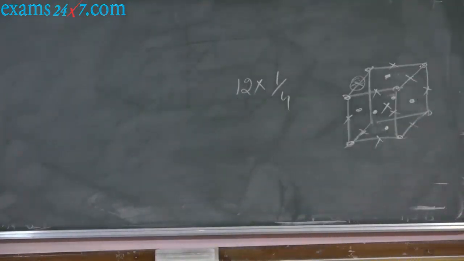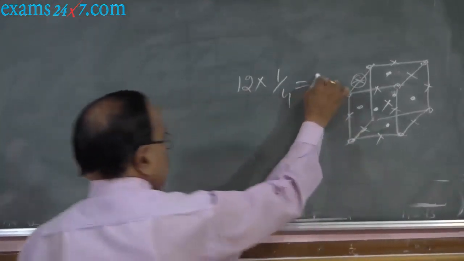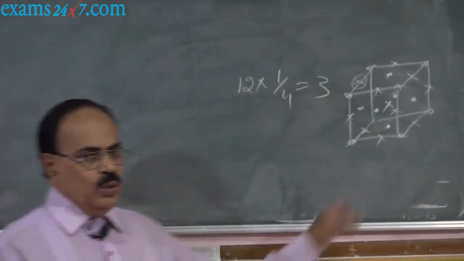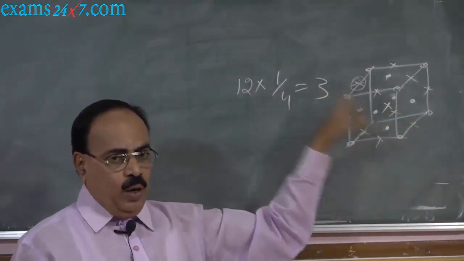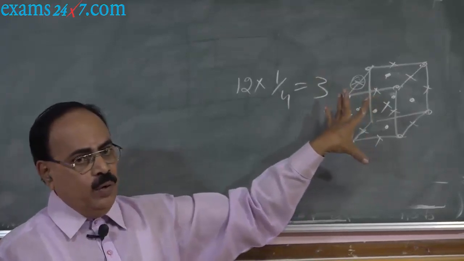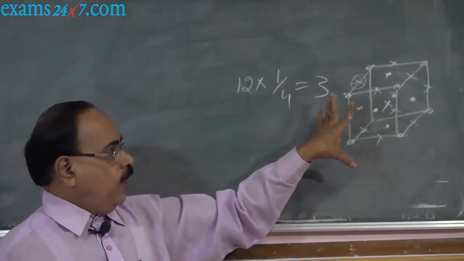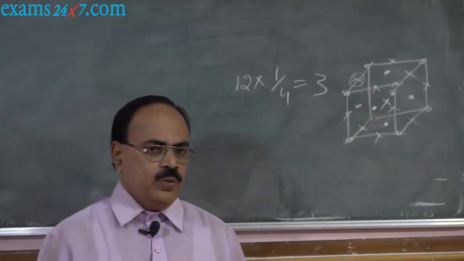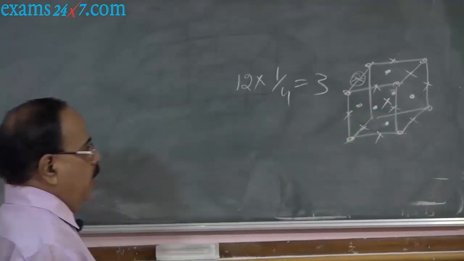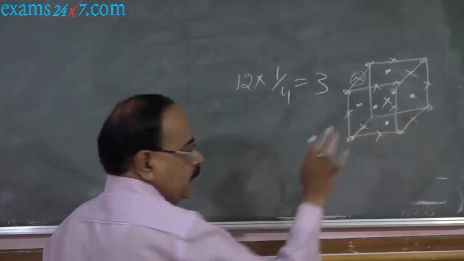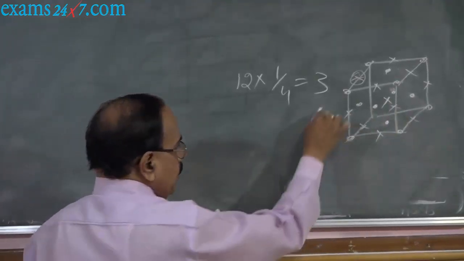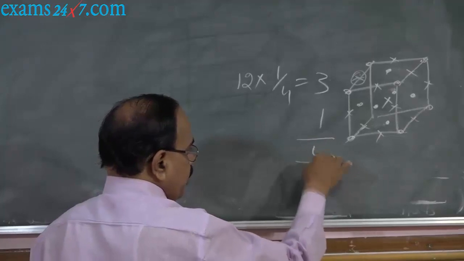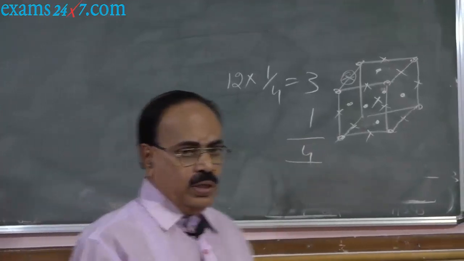So 12 into 1 by 4 comes to how much? It comes to 3. Although there are 12 octahedral voids, the contribution to the given unit cell is only 3. It is 12 into 1 by 4. And 1 is at the body center, that is not shared by other things. The full contribution of the void is going to be there. Totally, there are 4 octahedral voids